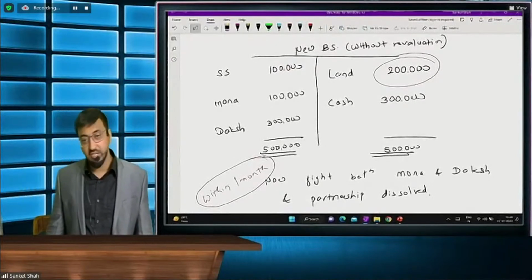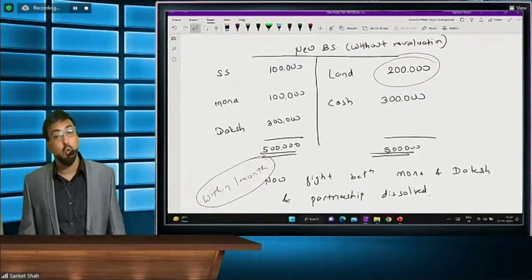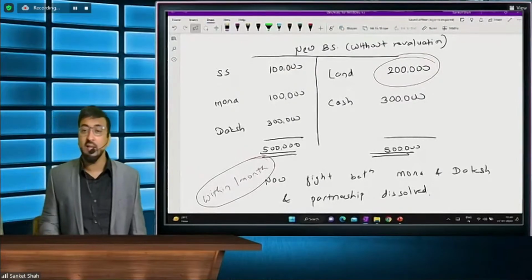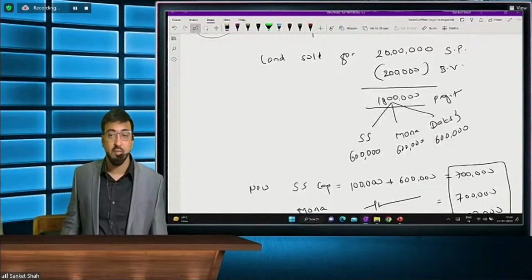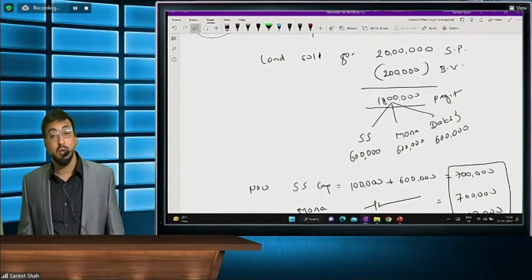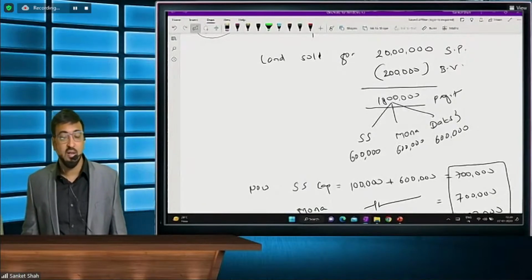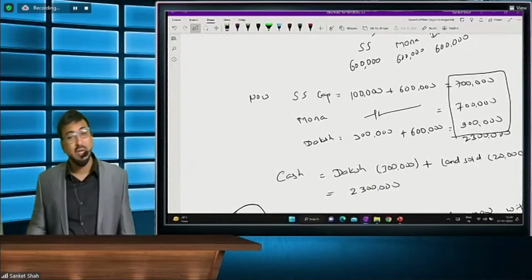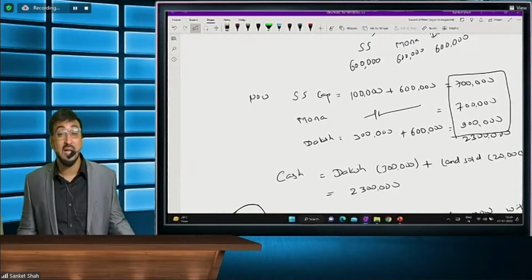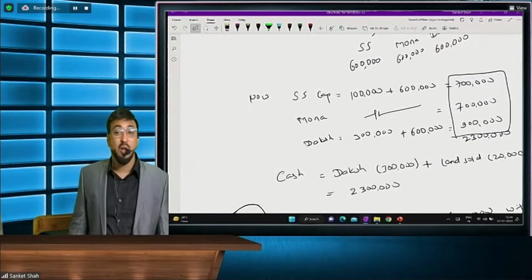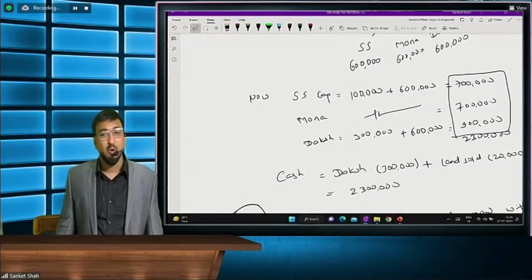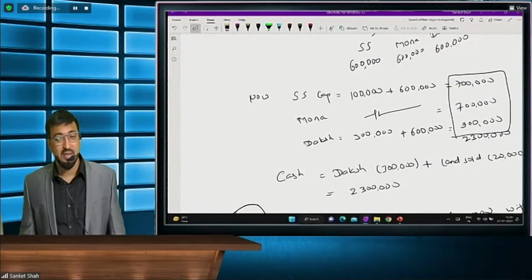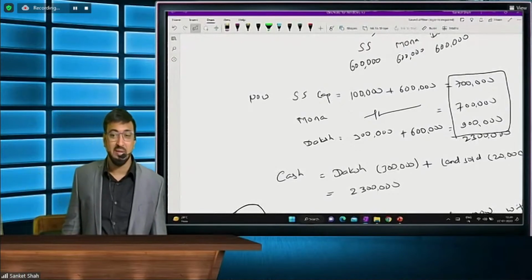वो आपको बेचनी है और जो भी प्रॉफिट होगा वो तीनों में बटेगा। सो 2 लाख की लैंड हमने बेची 20 लाख में, 18 लाख प्रॉफिट हुआ। और ज्ञान नहीं था, 1/3 1/3 1/3, 6 लाख 6 लाख 6 लाख ये तीनों पार्टनर को मिला। दक्ष तो 1 महीने पहले आया, हम लोग तो 10 साल से थे, 1 लाख रुपया और हम लोग लेके गए 7 लाख रुपया, और मोना मैडम भी 7 लाख रुपया लेके गई। और दक्ष जो है वो 3 लाख लाया था और विद इन अ मंथ 9 लाख रुपया लेके गया।